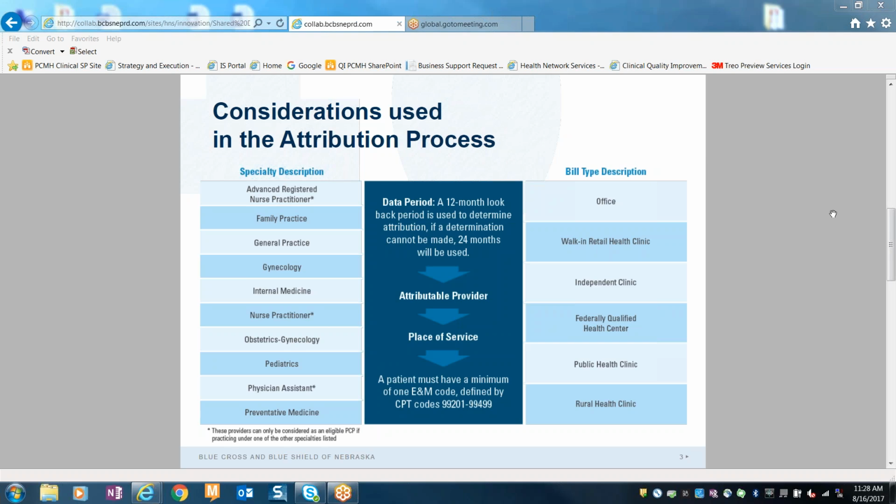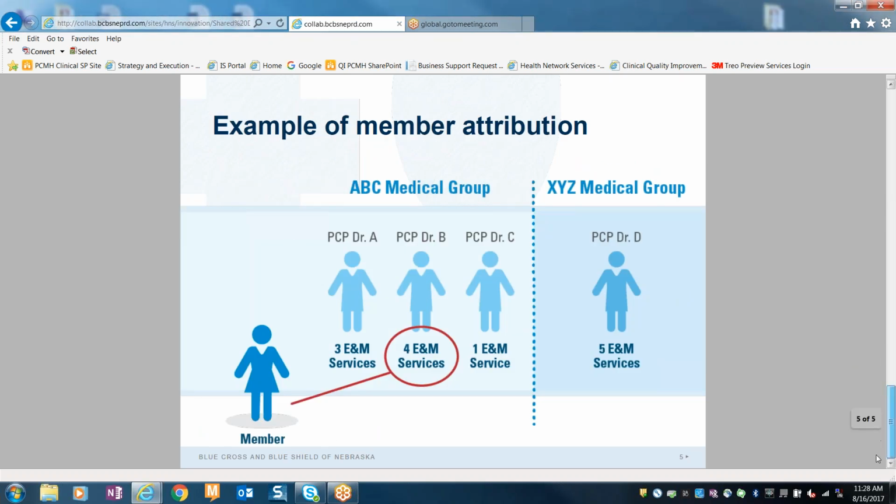So if we go back to this last slide, let's just say this was the March data refresh, and this member would be attributed to Dr. B within this medical group for that February refresh. But then let's say the following month,